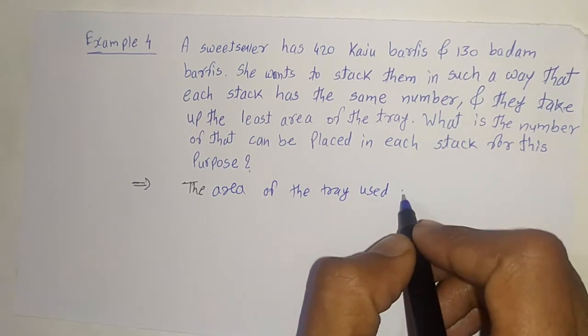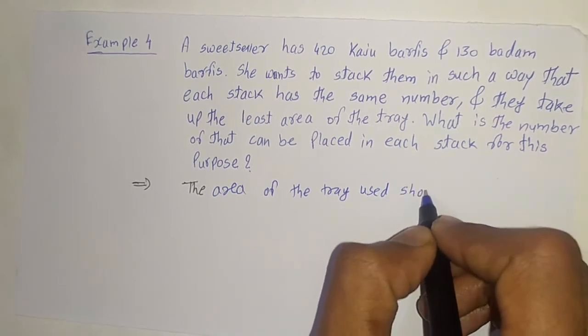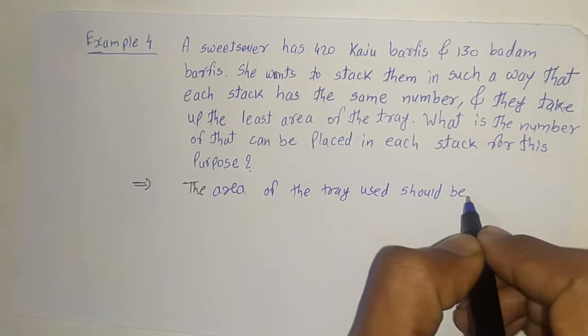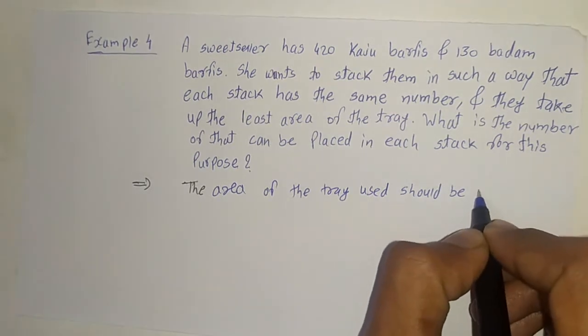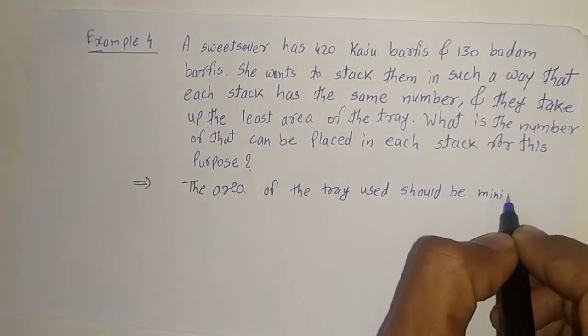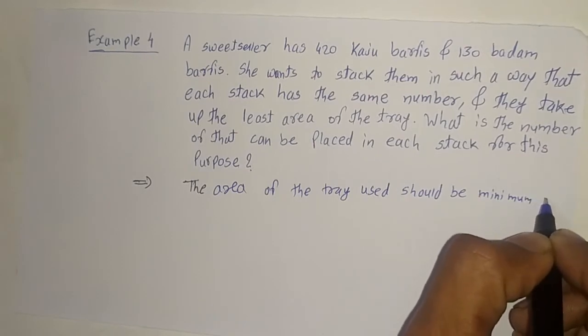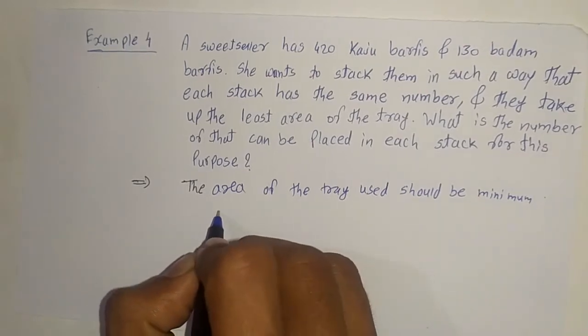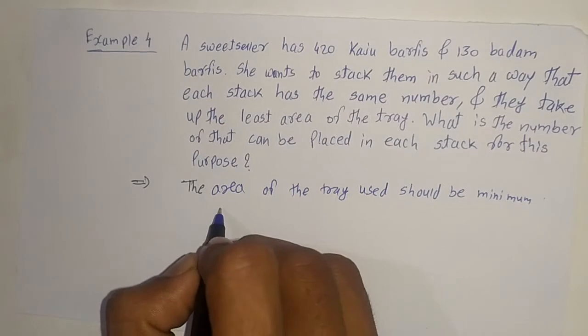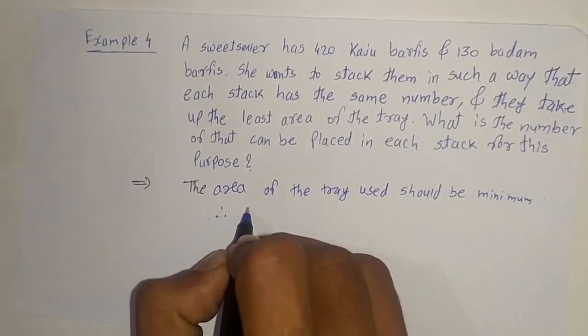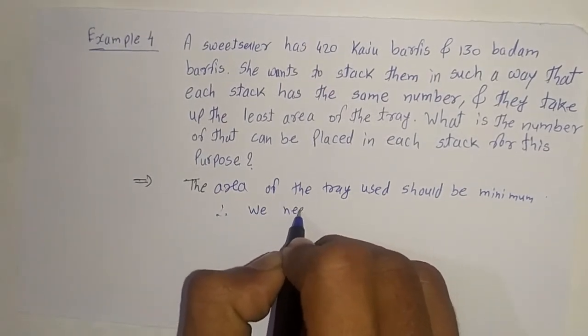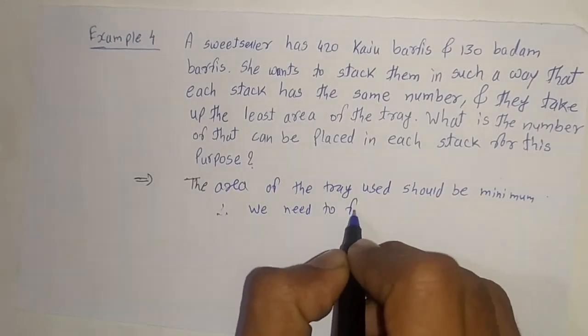Area of the tray used should be minimum that is given. Hence, we need to find